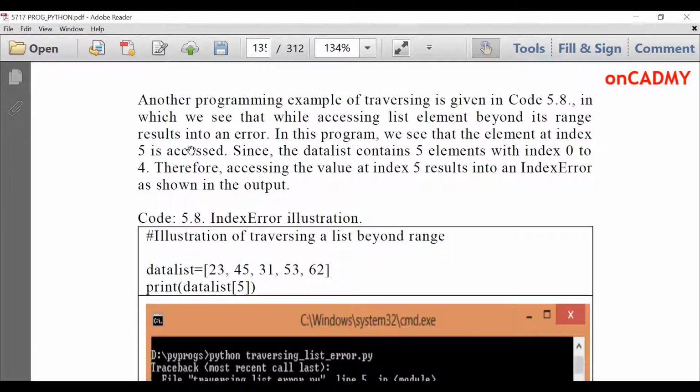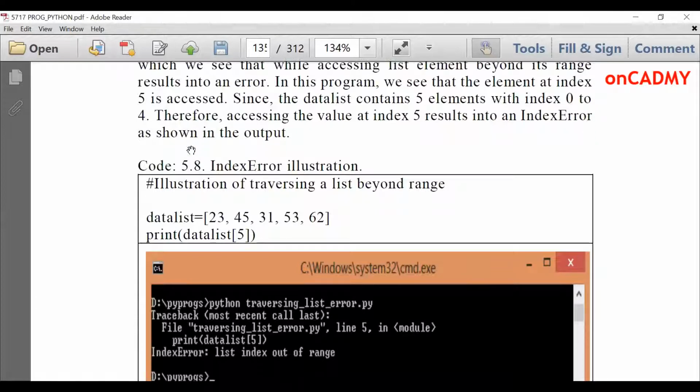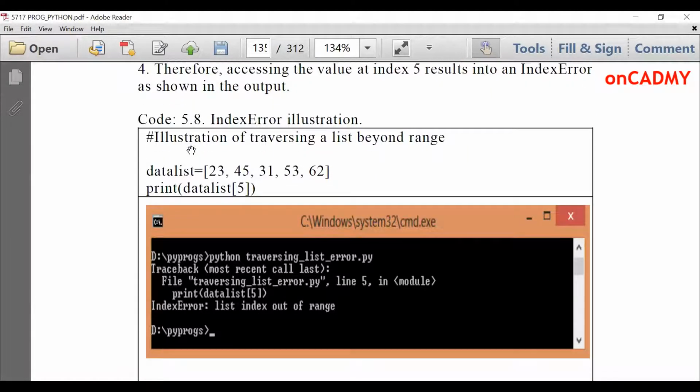Next, if I go beyond the range of a list, then it generates an error. Suppose I have this list again, and now I'm going to access data list 5. So index 5 does not exist. There is no element at index 5. And while printing data list 5, it will generate an error, list index out of range.